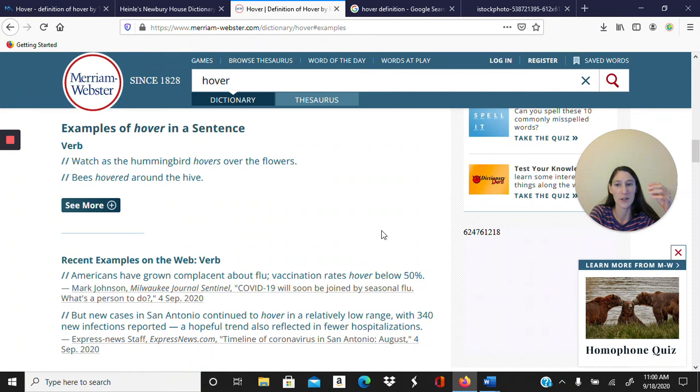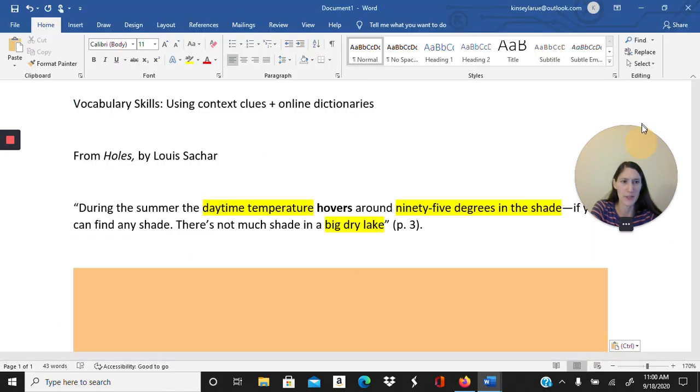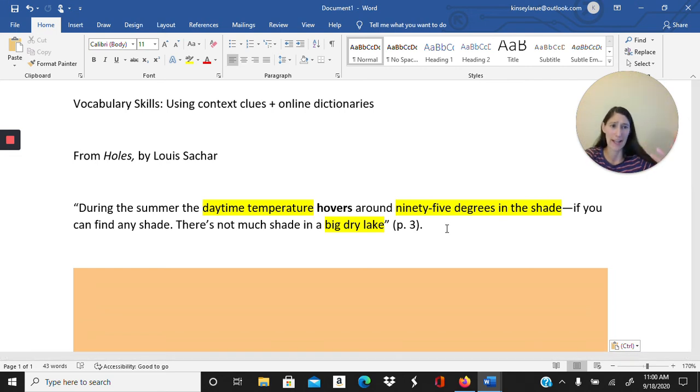Now remember, if you're in the middle of reading, you want to try to use the context clues. As we saw, just from the sentence, I could start to make a pretty smart guess. And if I was in the middle of reading this, I don't think I would stop and take 10 minutes to look up the word. I would do that later. Maybe I would put a little mark and tell myself after I finish the chapter, then I'm going to go back and spend that time to look up the word more in detail, right? But I don't want to do that while I'm reading, because now, after all this time, I don't even remember what I was reading about, right? So it would make more sense